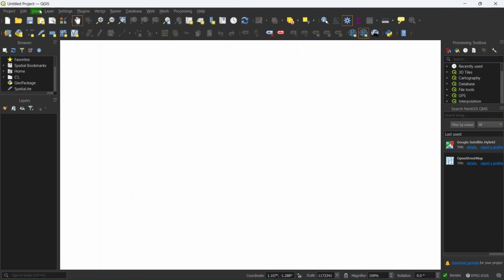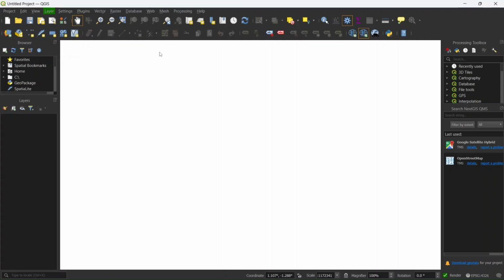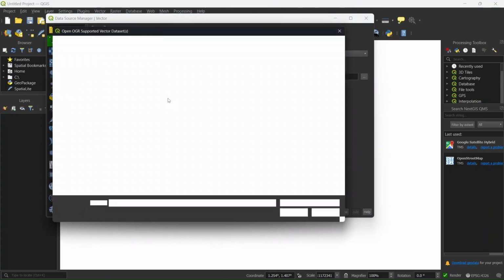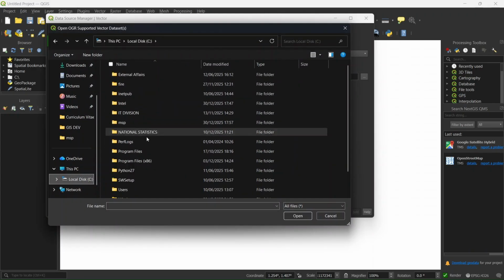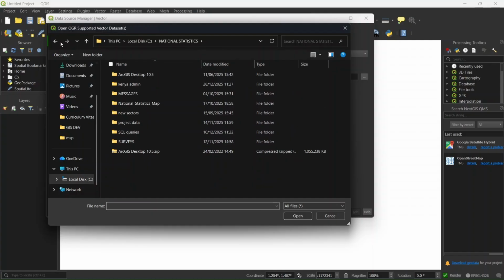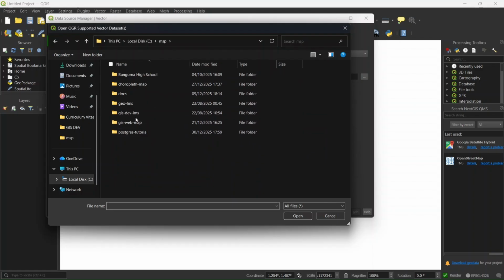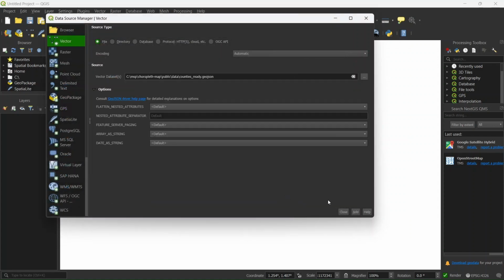So I'm going to click on layer, then click on add layer, so add vector layer, and I'm going to add the GeoJSON layer that I have in my folder. I just want to add the file. So I'll go to my project, that's Choropleth here, click on public data, and then I'll click on counties ready GeoJSON. So I click on that one, and then I'll just click on add,